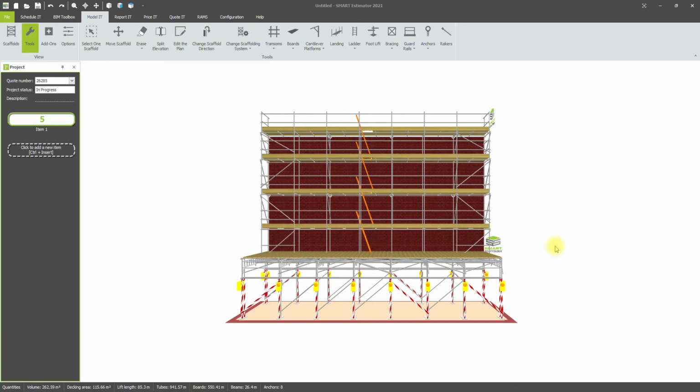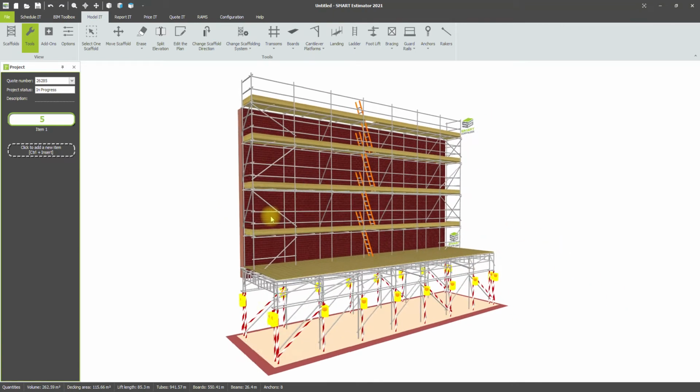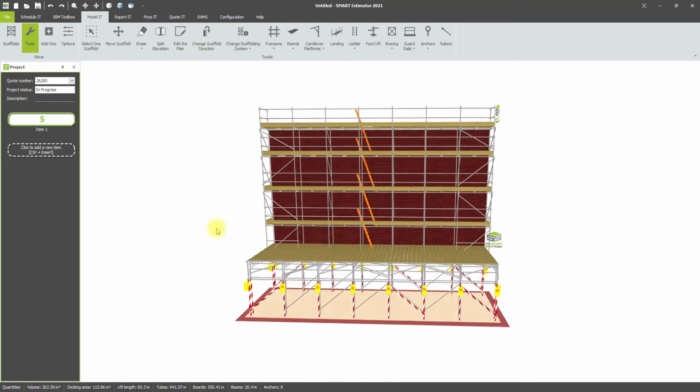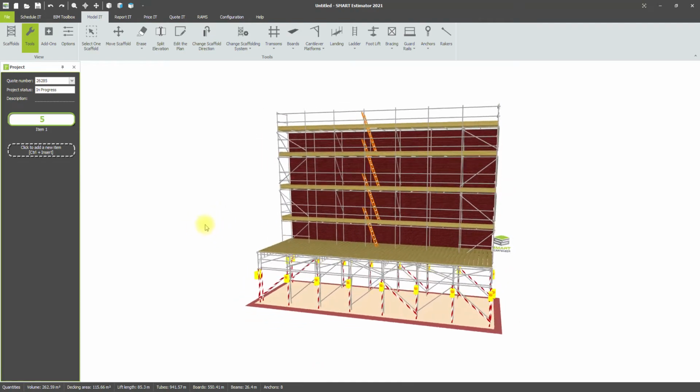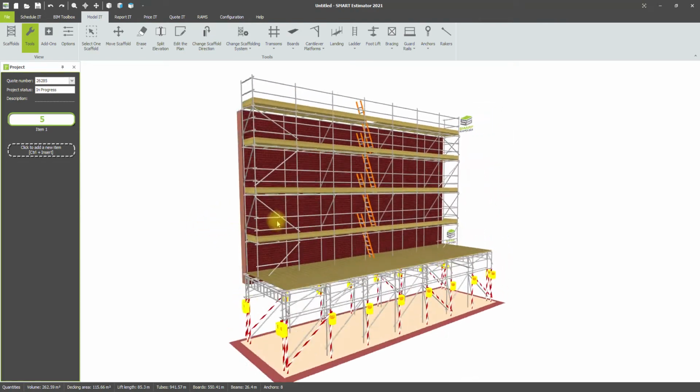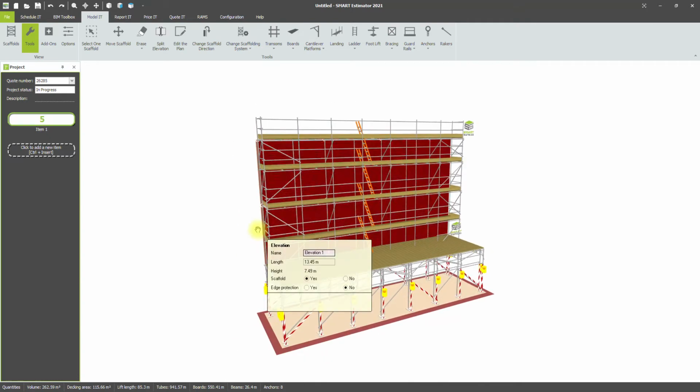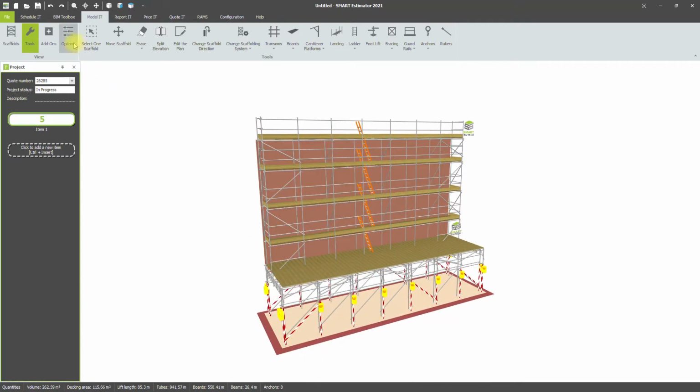So you can include an image of your model, or multiple images, in your quotation document, or copy and paste them into emails, Word documents and other locations. So if we choose the angle that we prefer for our model, line it up, go to Options, go to Copy Picture, and this will copy that picture onto the clipboard.